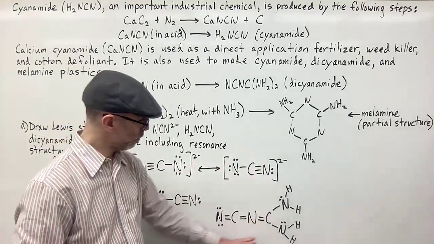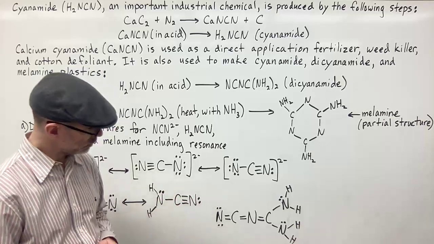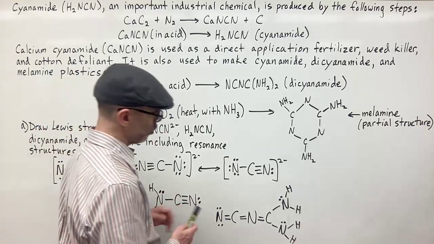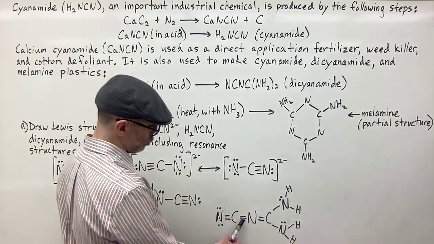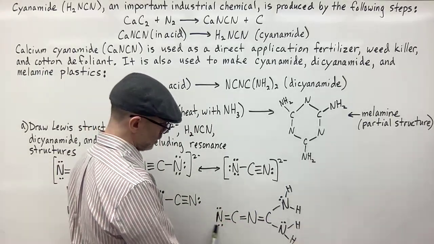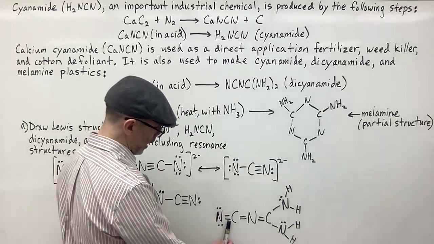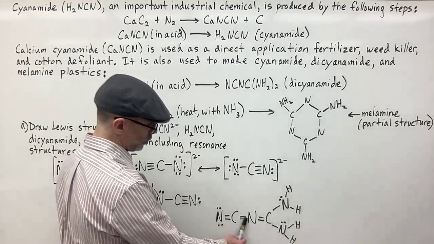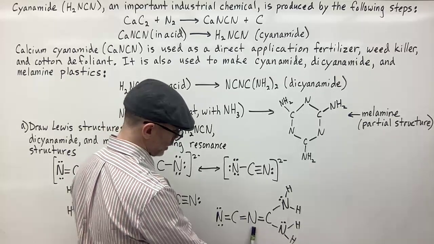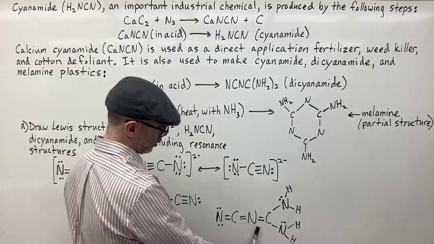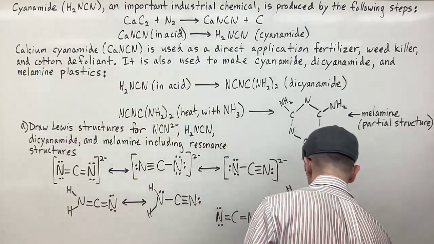So here I have one possible Lewis dot structure, but there is resonance possible. So what can happen is I can move a lone pair from the nitrogen here, make a triple bond here. That's going to push one of the pairs of electrons in the bonds onto the nitrogen, creating a lone pair there. So then if I draw this out,